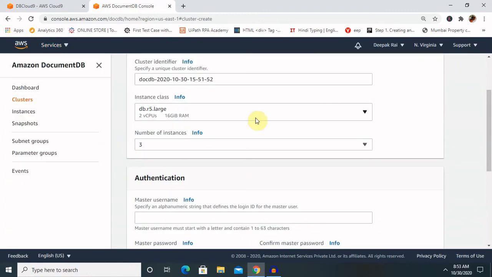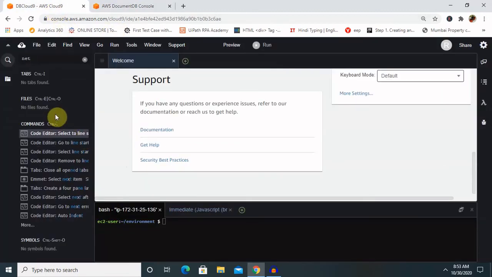After creating, if our AWS Cloud9 environment is still open, we can skip the creation of the Amazon Document DB cluster, and in the AWS Cloud9 management under our environments, we have to select our Document DB Cloud9.